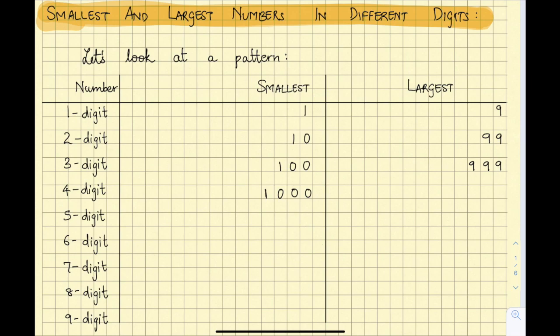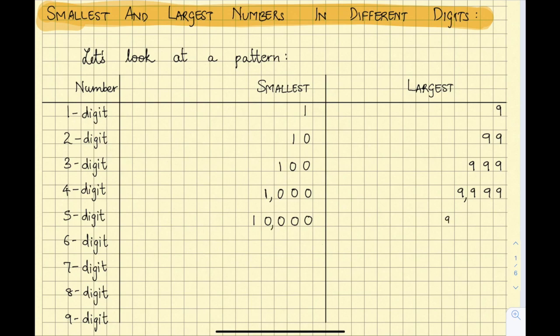So ones, tens, hundreds, and then we put a comma and that is thousands. And here we write one more 9. 4 times we write 9, which gives us 9999, the largest 4 digit number. Just to this 9999 we add 1, we get 10,000. Ones, tens, hundreds, comma, thousand, 10,000. That is the smallest 5 digit number.